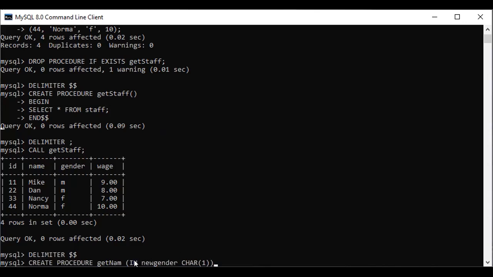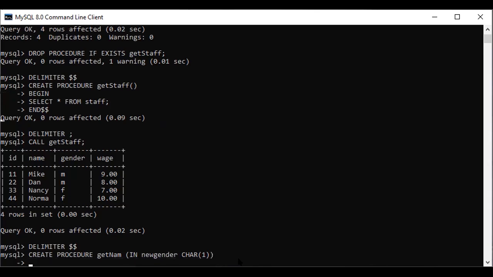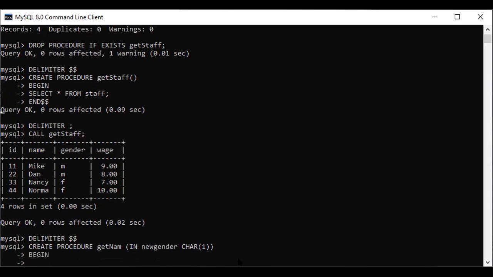Now this IN denotes an input parameter. Even if we don't put this IN, by default it is considered an input parameter, so never mind if we don't put IN. Enter, BEGIN, the way is the same.